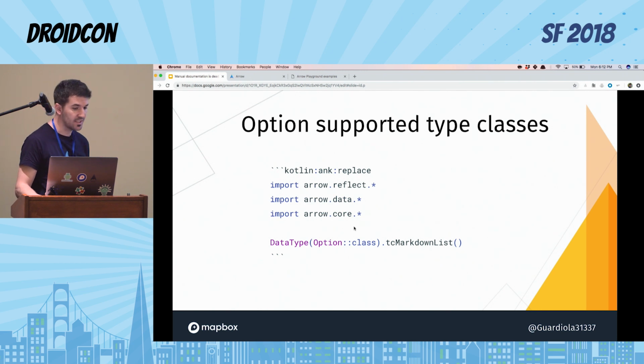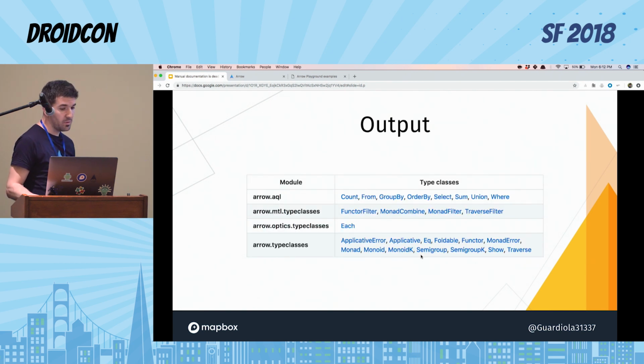Another cool modifier that we have implemented is the replace one, which basically allows replacing the entire snippet with the result of a function in this case. So basically, the result of the evaluation will be printed as the result of the snippet, which is really cool because in this case we are generating these tables automatically,